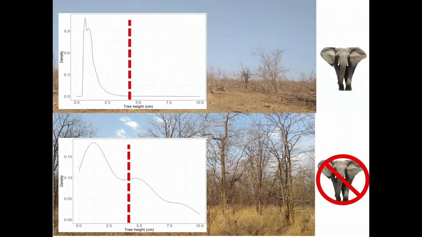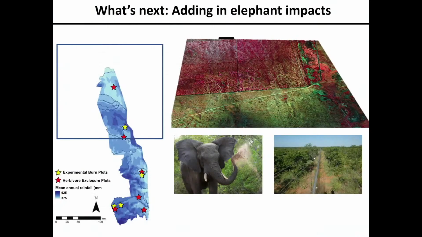This is data that Sally and I collected with huge amounts of effort, and all 110 data points show that trees tend to be much taller when you don't have elephants in the landscape. So obviously we're actually going to analyze this properly using the next round of LiDAR that's being collected. There's this fabulous resource of these herbivore exclusion plots within the park, in the Mopani Veld, but we also have this really nice